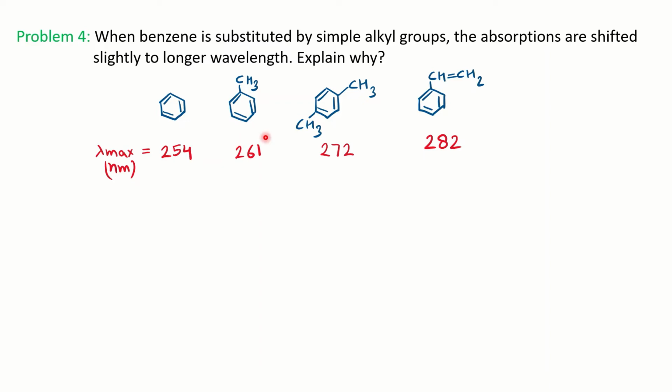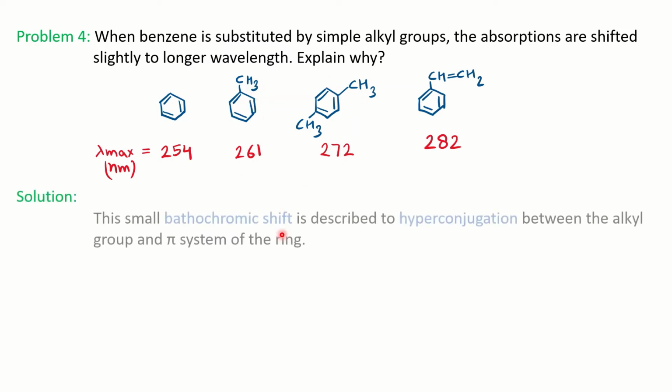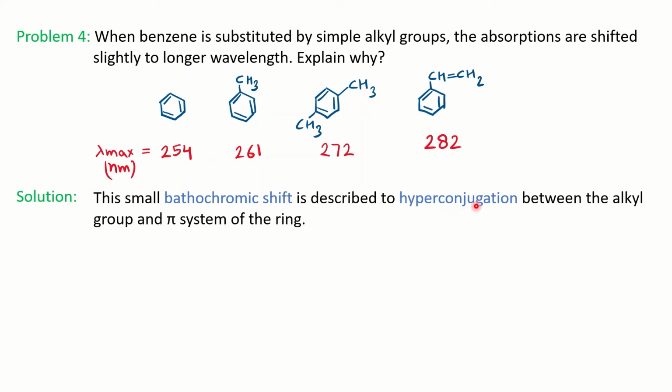Now what is happening in case of toluene and this molecule where you don't have the double bond in extension? If you notice and you know the effect of hyperconjugation, this is again causing a small bathochromic shift between the alkyl sigma bonds. There are 3 sigma bonds involved here in CH3, C-H, C-H, C-H. So the sigma bond electrons participate in conjugation or in resonance. So that is the effect of hyperconjugation.